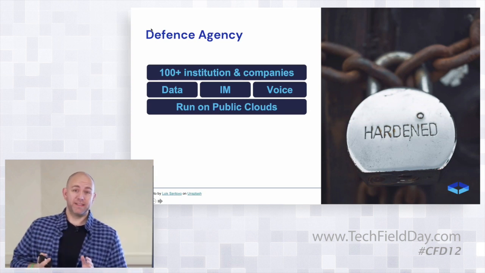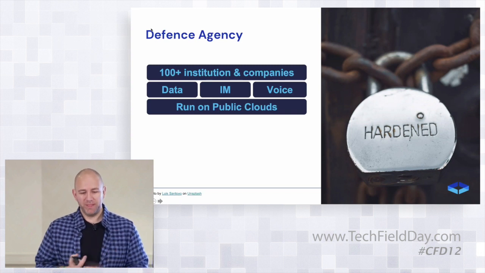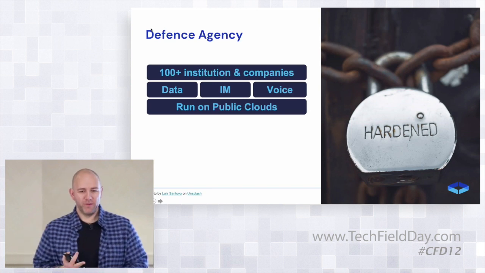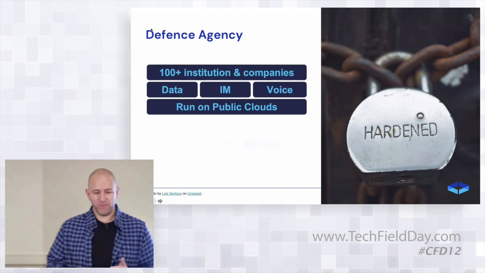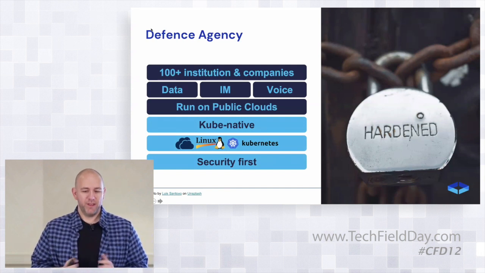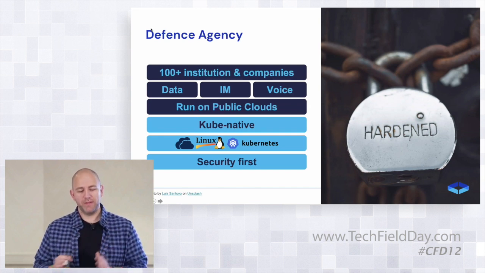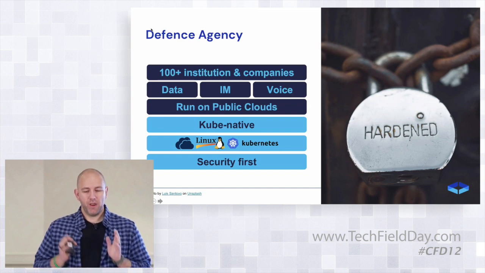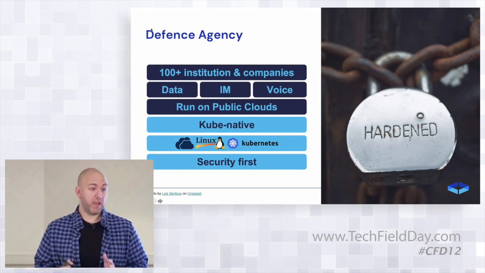The beauty of it is that every pillar we discussed about, building on data, building anything anywhere, building at scale, is fitting the bill here, because we don't even know what they're building. We don't even know where they are building it, and we don't know exactly what their size is at some point. So we were running into a gray area with them. They couldn't share anything with us. But what we know is that they build Kube native and cloud native applications for those data exchange, instant messaging, and voice end-to-end encryption. We know that they're running on public clouds, and they need